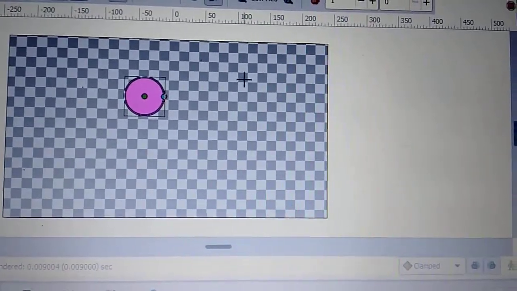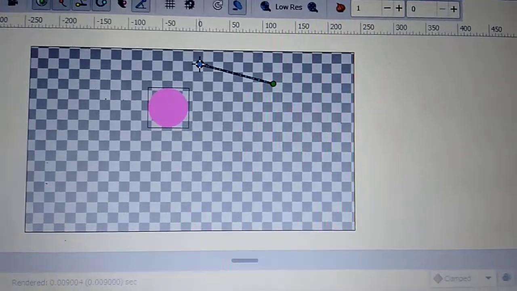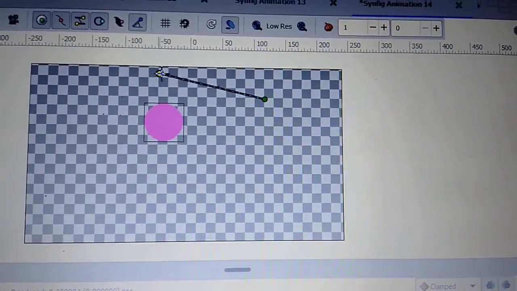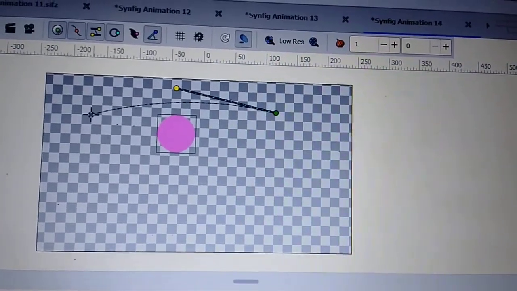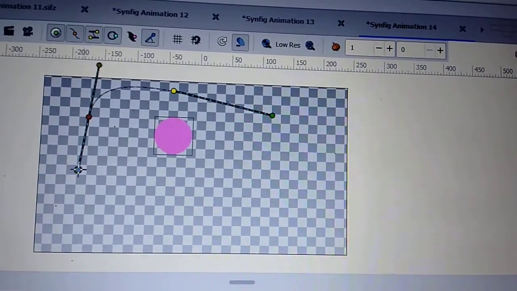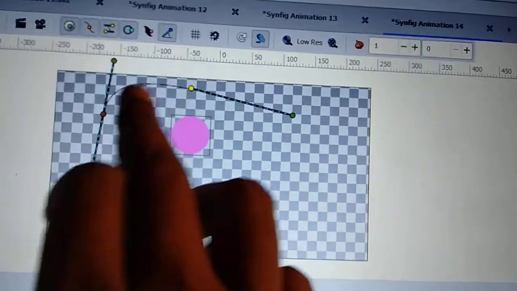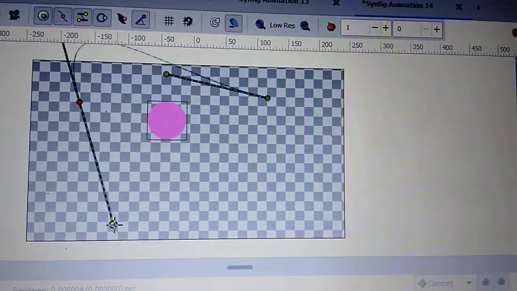Now next step, you have to draw a specific path. Now SP line tool, I mean beeline tool, means what? Any number of points, any number of curves you can create by using the beeline tool.